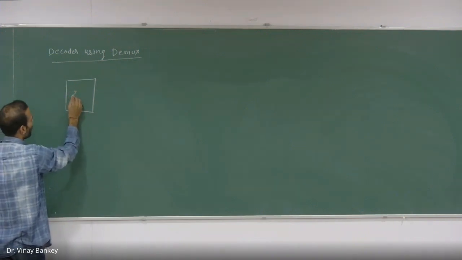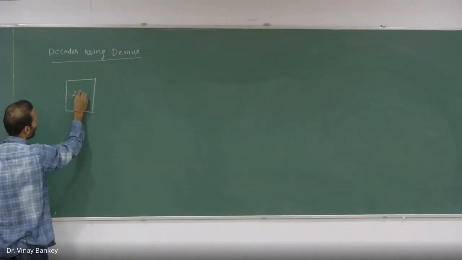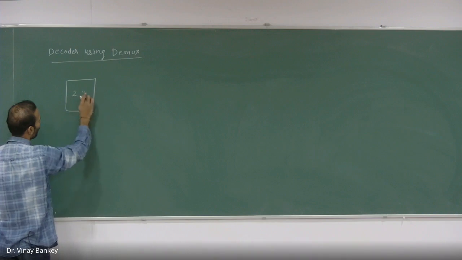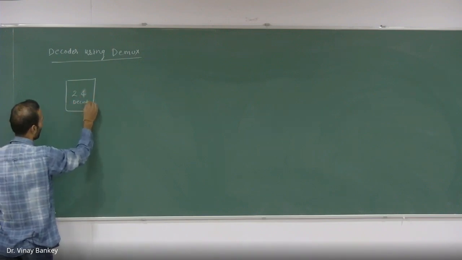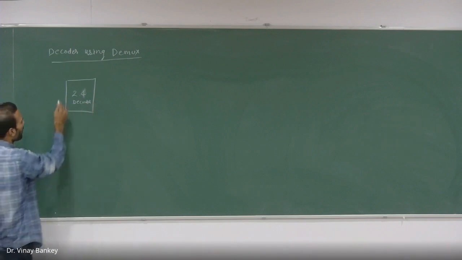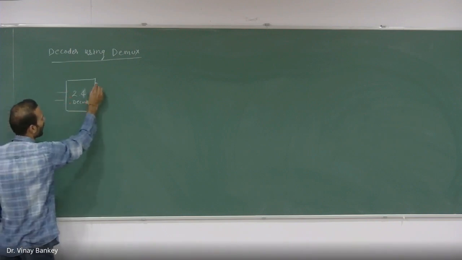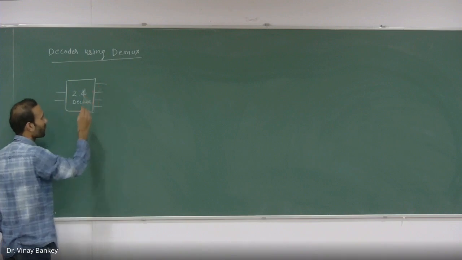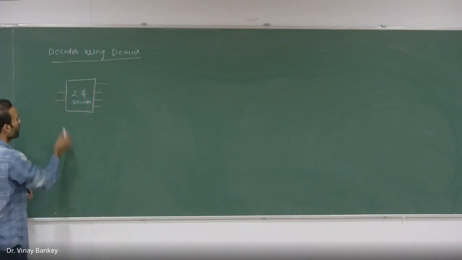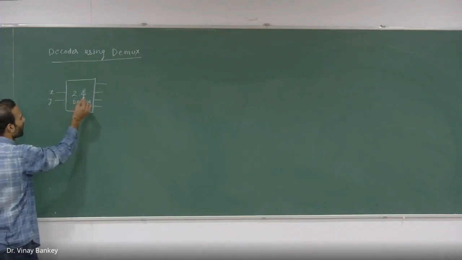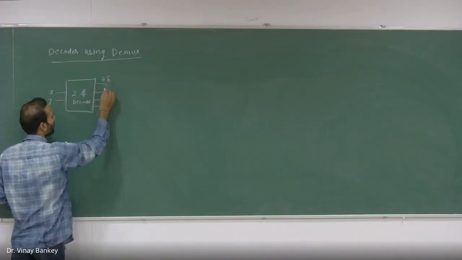Let's suppose I have a 2:4 decoder, isn't it? Okay, so there will be 2 inputs and 4 outputs. Each of these outputs will be the min terms of the variable whatever you will apply at the input. So let's suppose these are x and y. So this will be x bar, y bar. This will be,